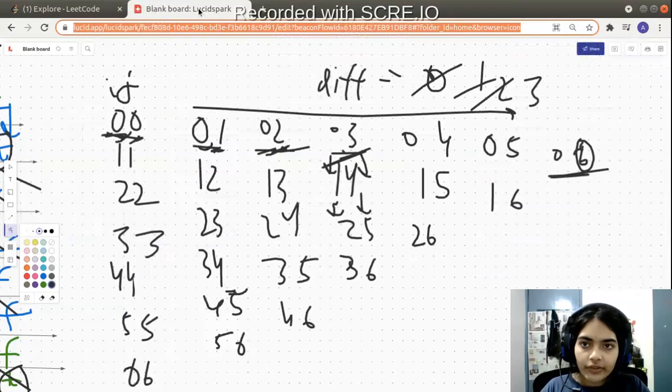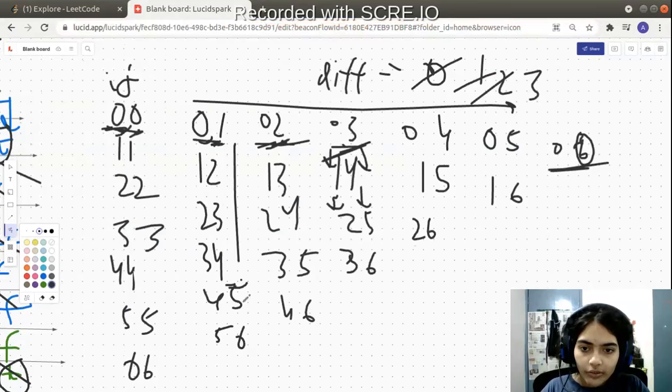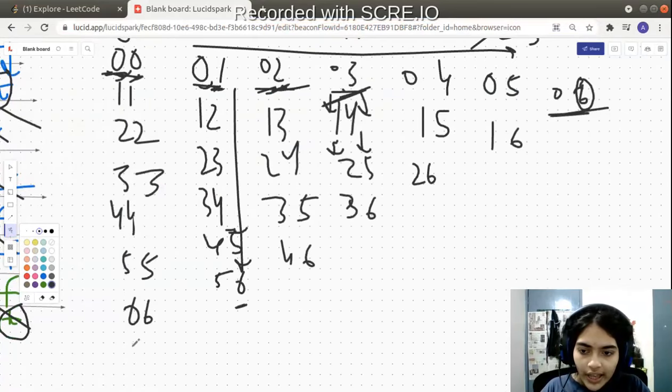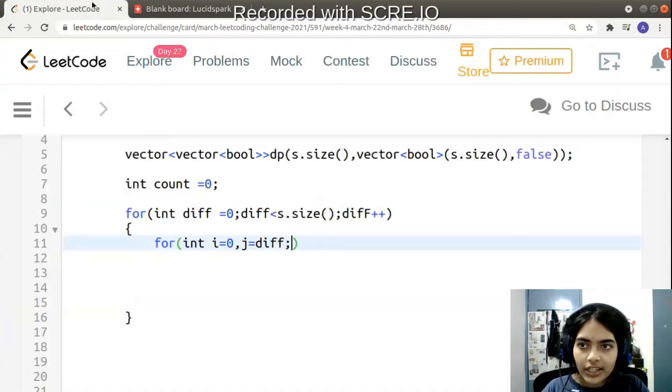After this, what is the condition? When do we have to stop the inner for loop? See, every time you are going till 6, every time j becomes 6, there you are stopping. So that is the condition that you will give.